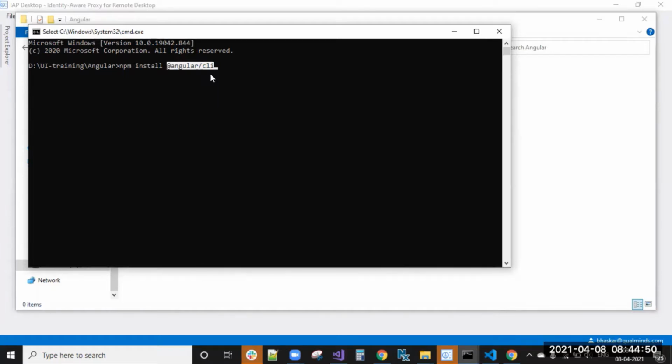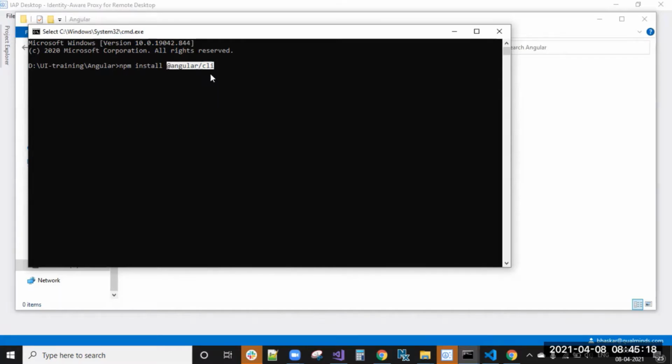The advantage of the Angular CLI is that it has all the inbuilt command tools and Angular configurations. After creating the Angular project, we will see what the responsibility of the Angular CLI is while creating it.